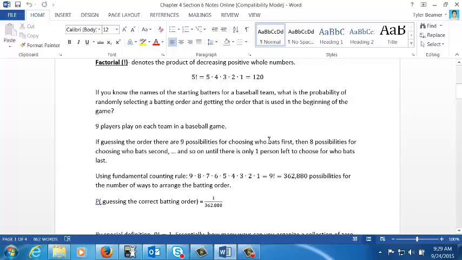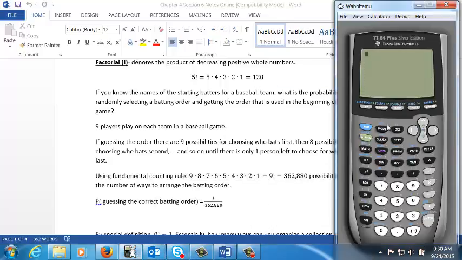There are 9 players on a baseball team, so using the fundamental counting rule, once again, you'd have 9 players to pick from for the first batting spot, and then once you pick that one, you would have 8 choices, 7, 6, 5, 4, 3, 2, 1, which is the same as 9 factorial. You could punch these numbers into your calculator and do the multiplication, but it might be easier if you use the